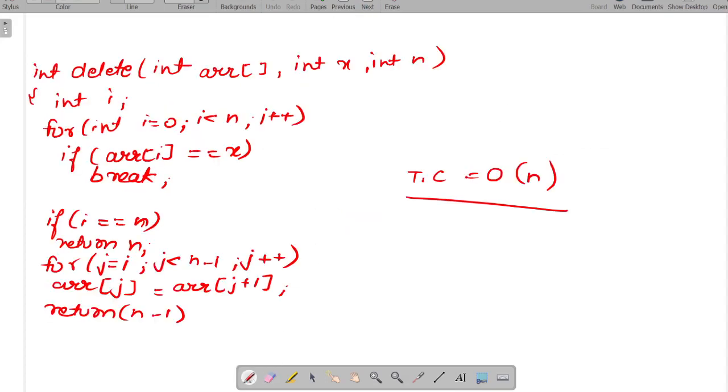So simply we have taken a delete function where we are taking array, an int array which is the given array, and x is the element that is to be deleted and n is the size of the given array. First of all, we will start from int i equals 0 to i less than n, i plus plus. We are simply traversing the given array, and we will check if array of i is equal